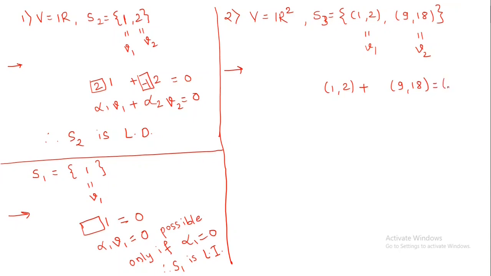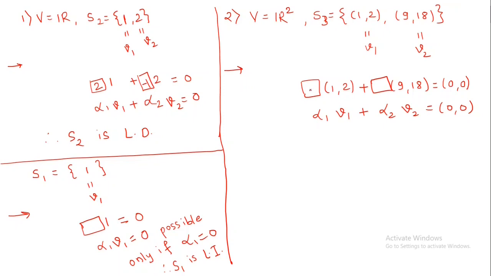and on this side what is our 0 of R2? That is 0, 0. So again plus alpha 2 V2 is equal to 0, 0. So this is our alpha 1 actually. Remember, this is V1 only. This is our alpha 2 over here. So again the question is, are we able to find alpha 1, alpha 2 not both 0 such that alpha 1 V1 plus alpha 2 V2 is equal to 0?